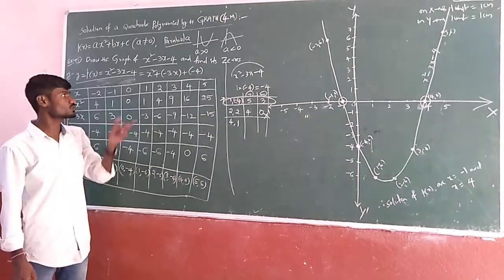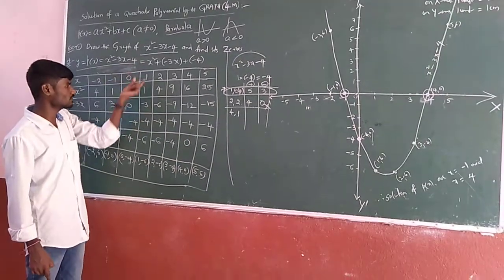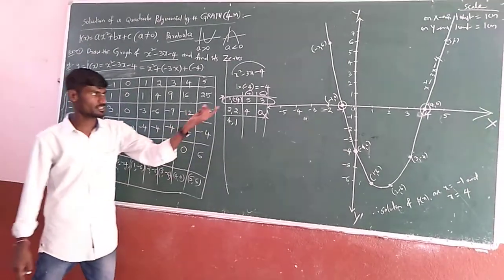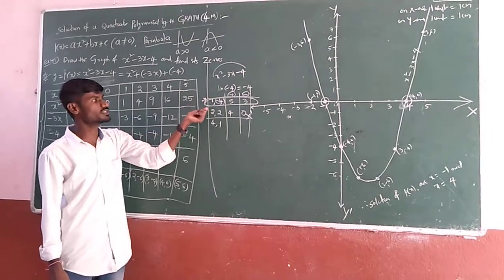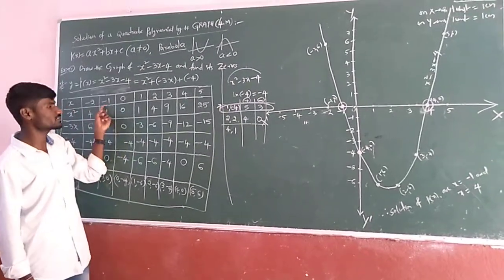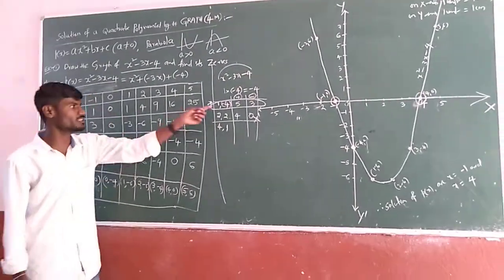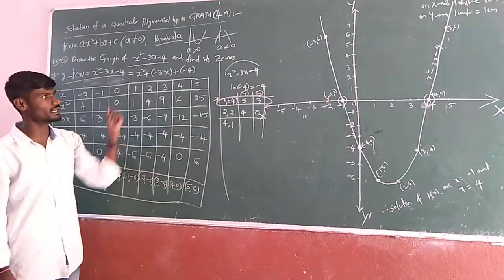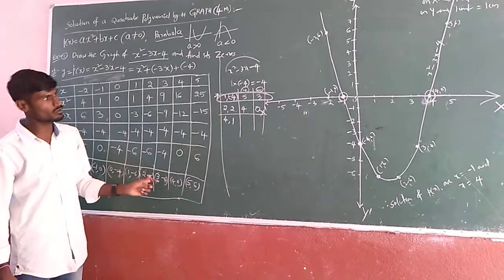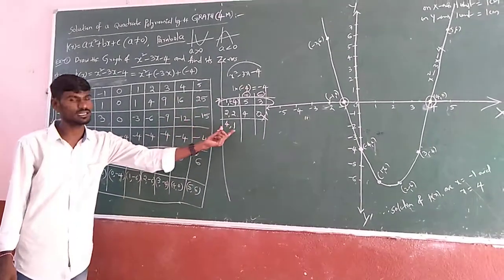Remember that. To predict what perfect zeros to take in the table, first you have to do factorization. After getting the perfect pair, you have to take them with opposite signs. 1, but you have to take minus 1 in this. You have to realize that for minus 1 you will get 0. Minus 4, but you will get 0 for 4. So this is the logic. Before drawing the table, we may expect the zeros.